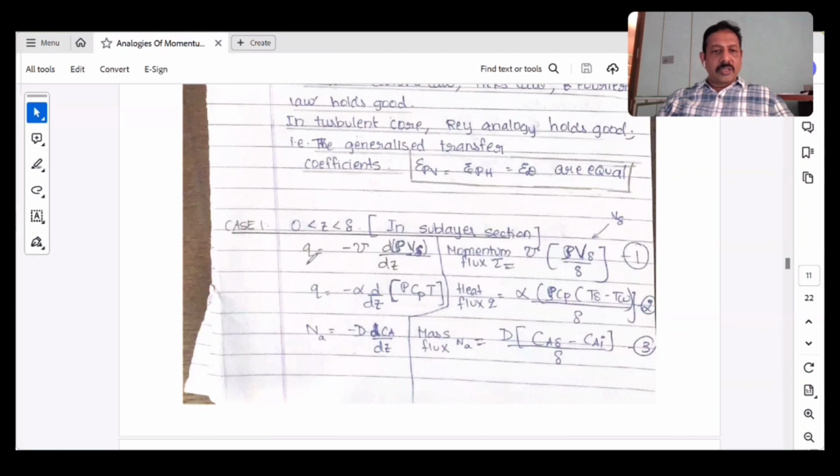Tau is equal to minus mu into d v delta by dz, which we already derived on the first page of the first unit. And Q is equal to minus alpha into d by dz of rho Cp dT, and Na is equal to minus D dCA by dz. Or momentum flux, tau is equal to mu into